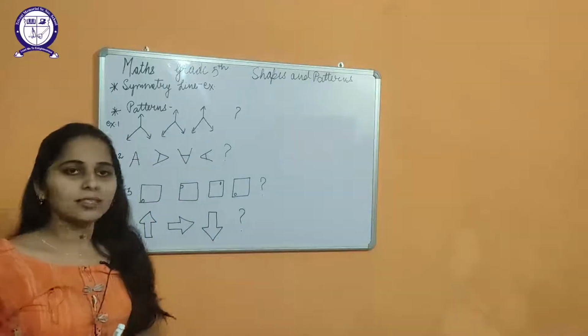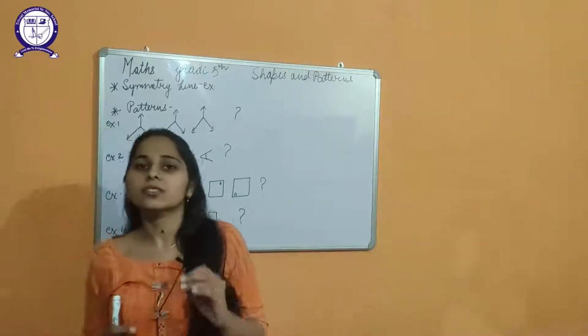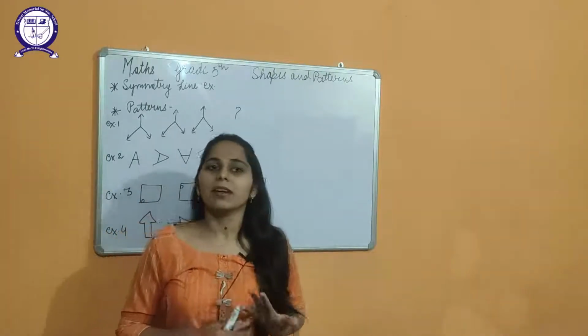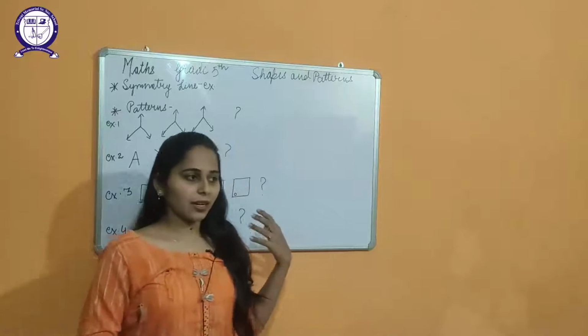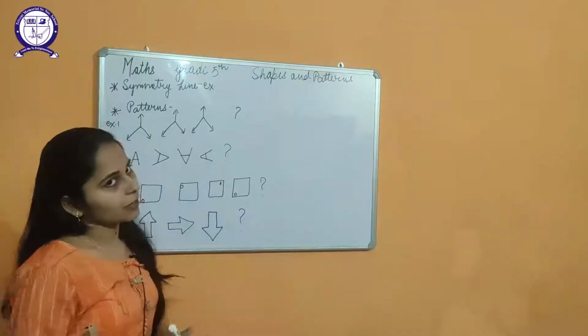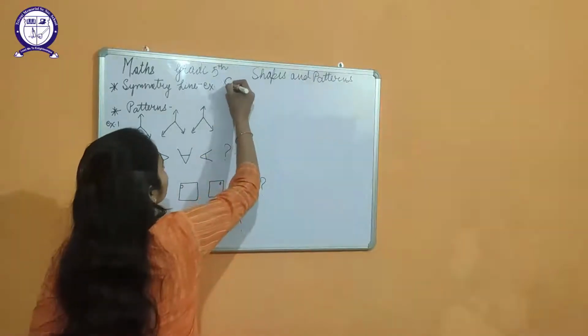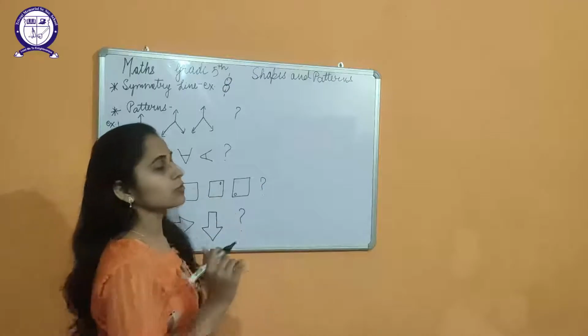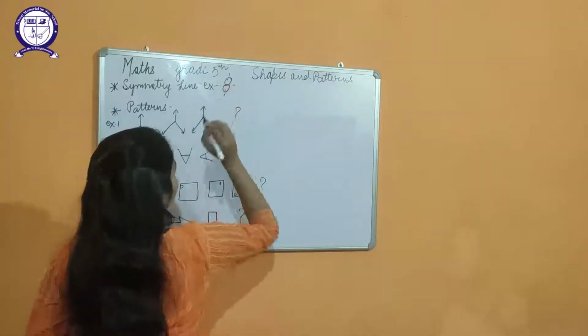Now first of all, what is a symmetry line? A symmetry line is the line which divides any object into two equal parts, and the symmetry line can be of any object, like any number in mathematics, or an alphabet, like 8. 8 has two symmetrical lines. One is vertical, this line is vertical, students, and this line is horizontal.